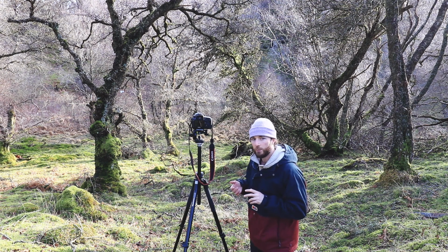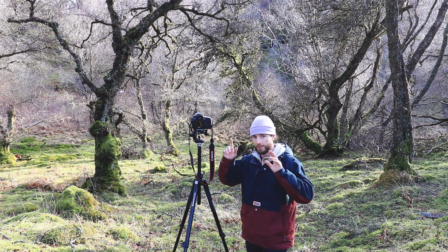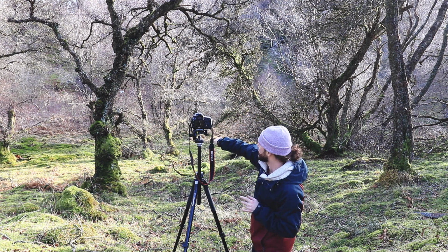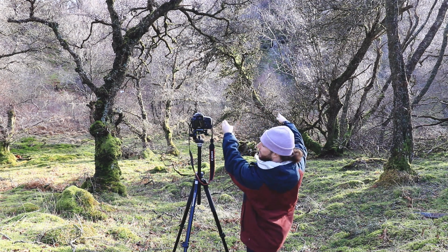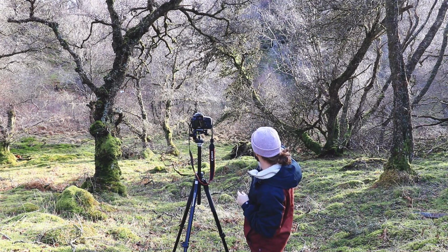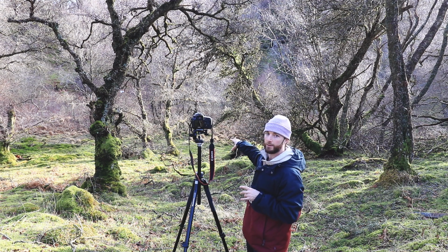Initially, actually, it was the mossy green branches that you might be able to see just over my head. I won't be able to point exactly to where it is, but it's probably somewhere around here in the distance. And it was the way that they arc over and touch the branches on this taller silver birch tree here. So we have this relationship of branches that are just meeting together there. And my mind saw a kind of portal between these branches here, and I love frames and pathways and portals in my photography, so that really drew my eyes down into the depths of the woodland